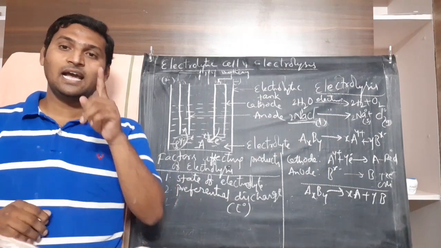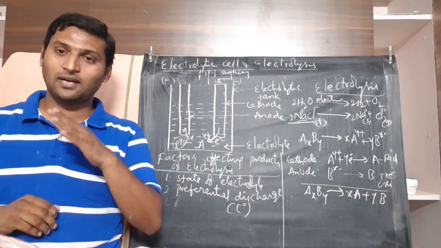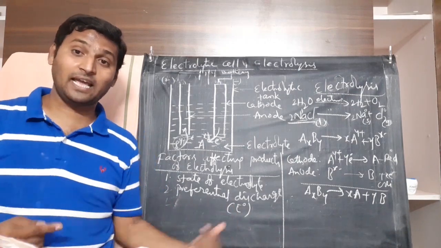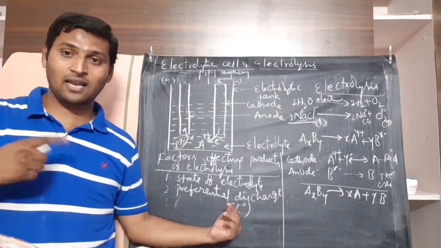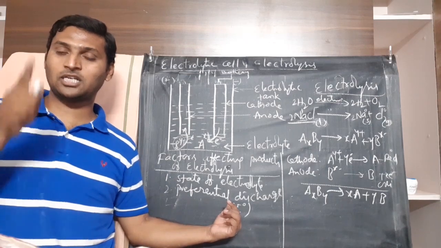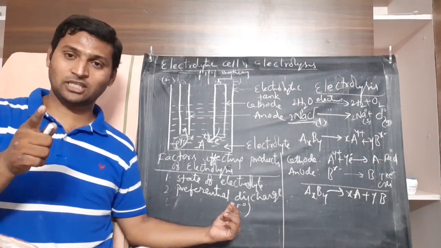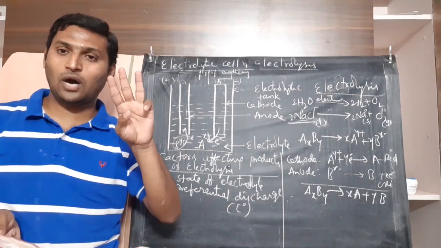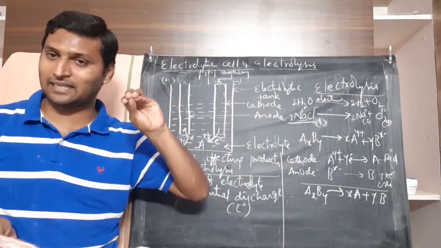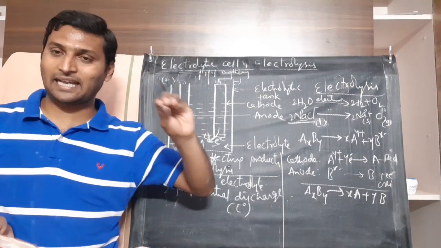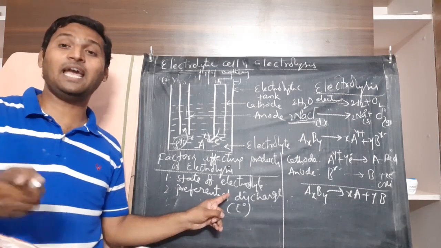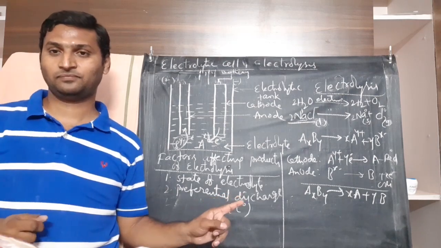Answer is, at cathode what process has to occur? Reduction. For reduction to occur more readily, the electrode potential must be more. You know, by convention, electrode potential means reduction potential. That's why electrode potential must be more. So out of the 2 or 3 or 4 species competing at cathode, any number competing at cathode, the one with highest potential will preferably undergo reduction.